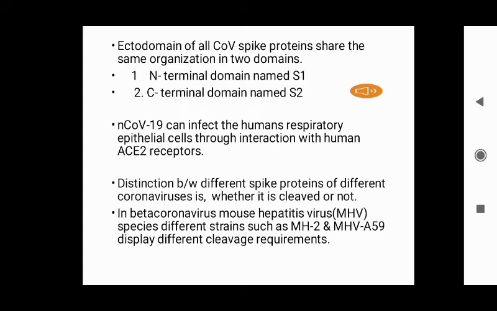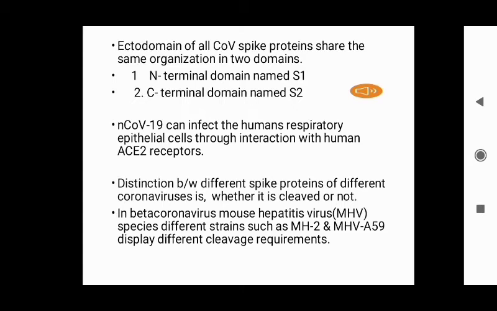respiratory tract। सिंपली ये यहाँ पे जो ह्यूमन रेस्पिरेटरी ट्रैक्ट में जो epithelial सेल्स होते हैं वहाँ पे ये इंटरेक्शन दिखाता है विथ ह्यूमन ACE2 receptors which are present on the epithelial cells वहाँ पे। उसके बाद indeed the recombinant spike proteins can also bind with the recombinant ACE2 protein। लेकिन यहाँ पे जो डिस्टिंक्शन है, जो बहुत सारे स्पाइक प्रोटीन होते हैं उनमें क्या फर्क है विथ रेस्पेक्ट टू द कोरोना वायरस, यहाँ पे ये डिफरेंस है कि वेदर इट इज क्लेव्ड और नॉट।